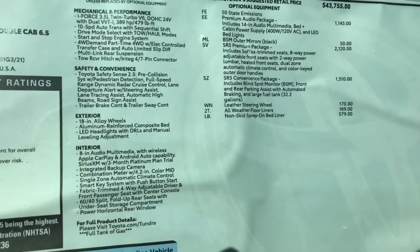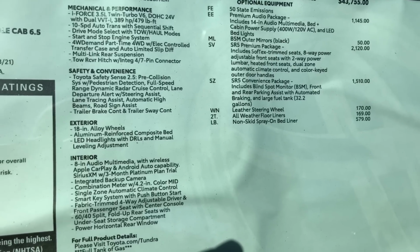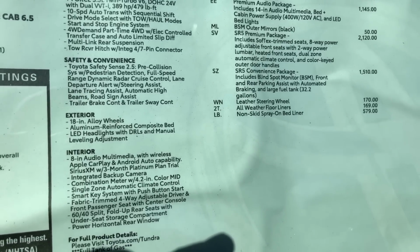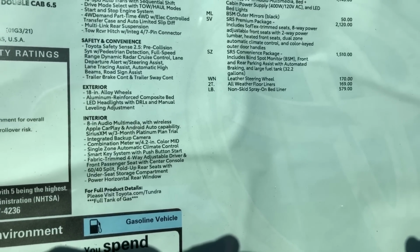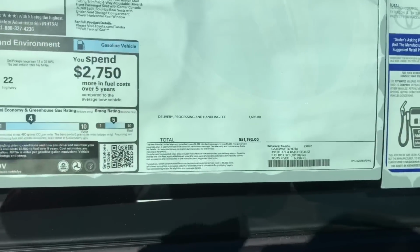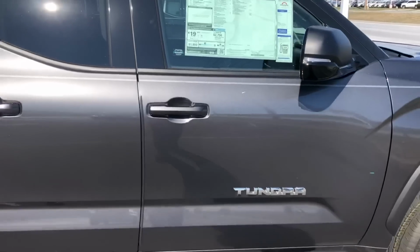SR5 convenience package, $1,510. That's blind spot monitoring, front and rear parking sensors, automated braking, and the large fuel tank at 32.2. Leather steering wheel, 170, all weather floor liners, 169, non-skid spray on bed liner, 579, and that's what gives you that total, 51193. But if you want to know the markup, 55183. So there you have it. So just going off of the MSRP here, 51,193 for a nicely loaded double cab,